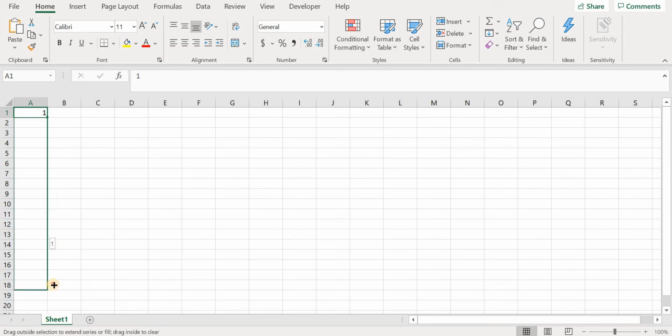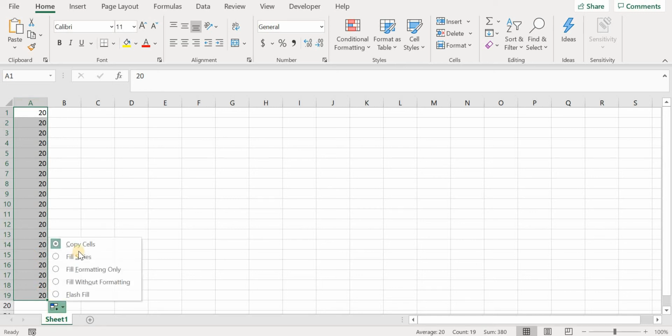So suppose when I'm pulling it down, it will copy that number. Let me show you. Say if I write 20, I come here and I just pull it down like this. So it has filled all these with 20. Now just click here. It means fill series. If you click on fill series, then automatically it increments by 1 and fills it up till the place where you have dragged the cursor basically.